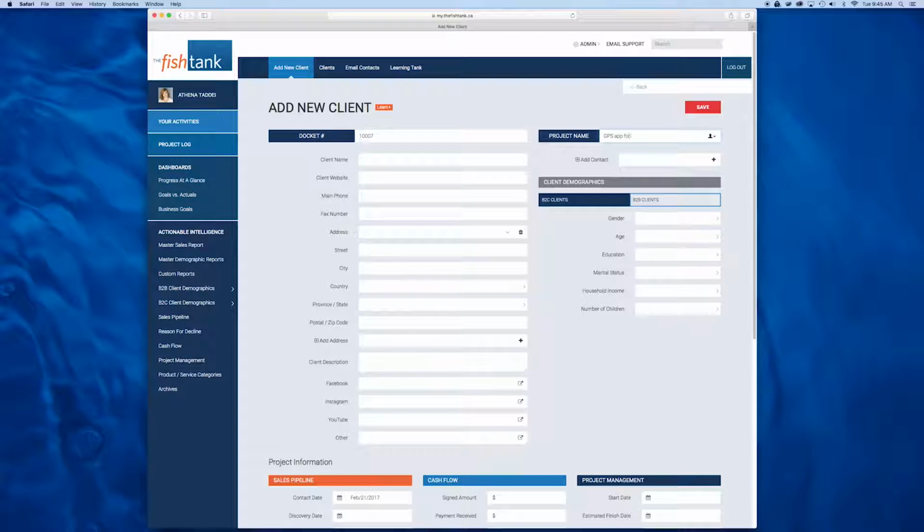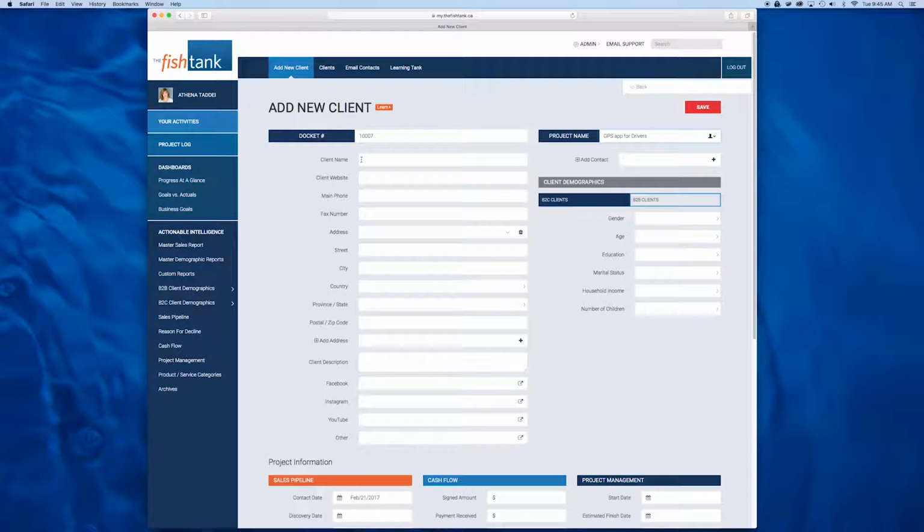This additional naming convention will give you just one more way to identify projects in your reports. Some people remember client names, some docket numbers, and others remember the names of projects or opportunities. The docket number assignment and project naming convention will become an even more valuable identifier when you have multiple projects